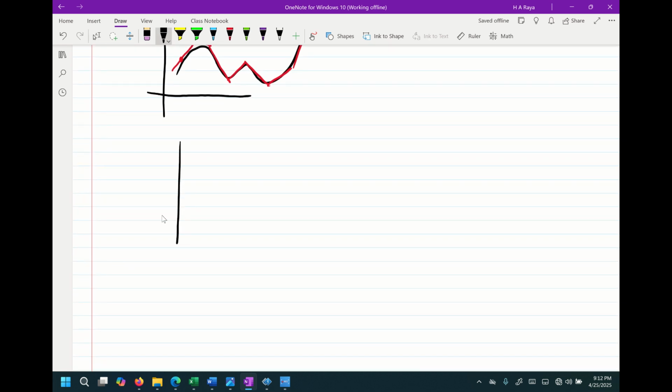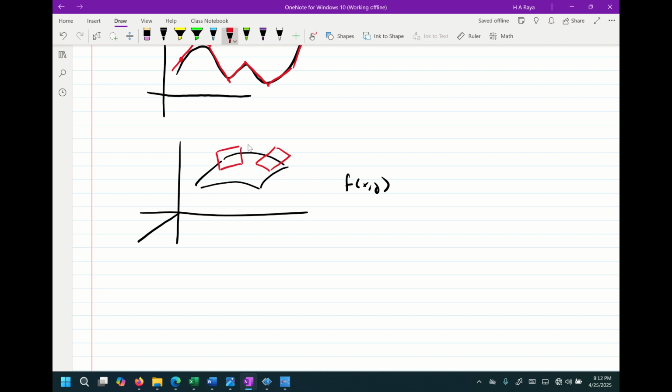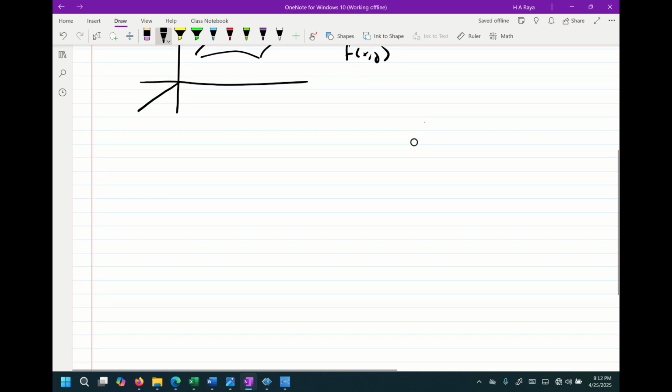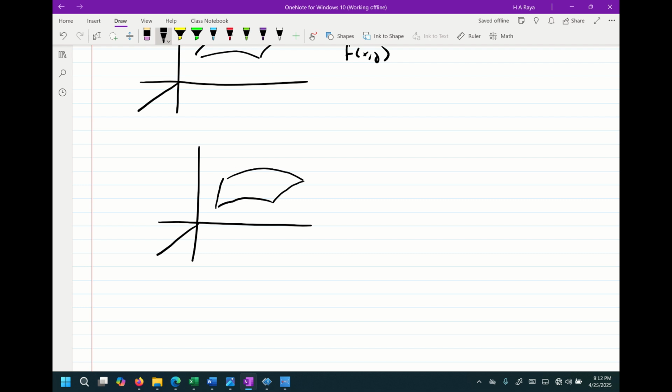In this section, we'll be looking at our functions f of x, y, which we can think about as being surfaces in 3 dimensions. And what we could do is consider planes to approximate these surfaces. If we have a function f of x, y out in space, we can consider getting the equation of this plane